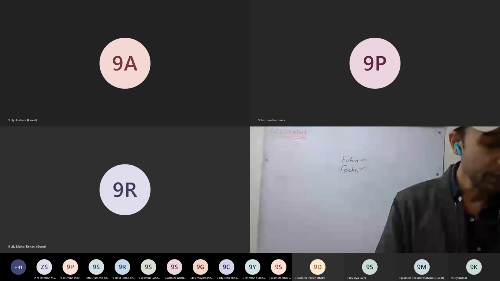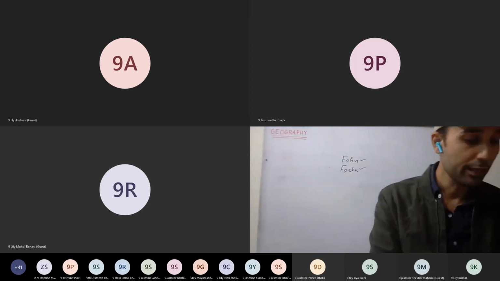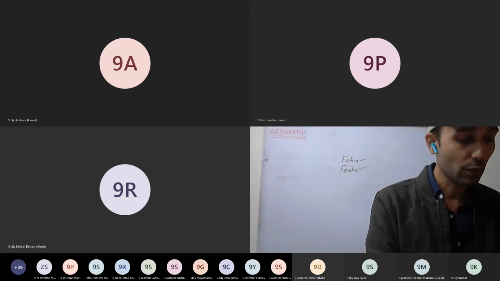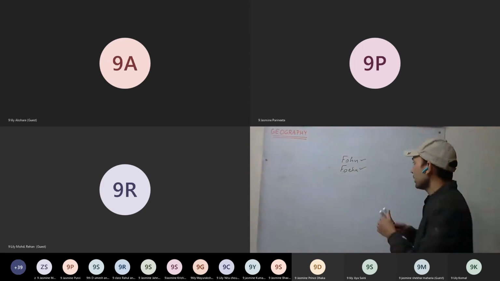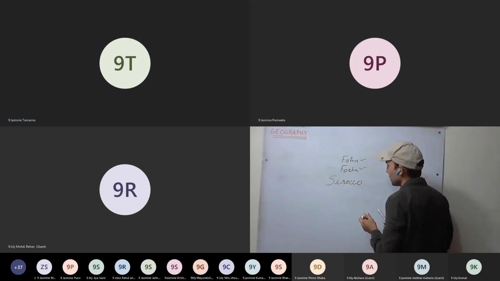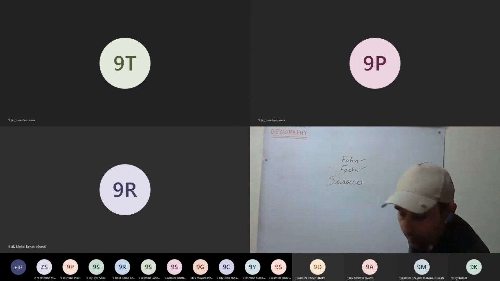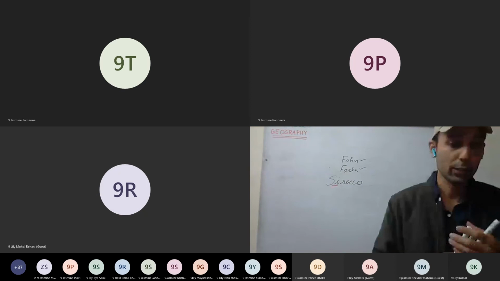In winds, the second paragraph is given. Besides these, we have local winds like the Bora, Mistral, and all those. Fohn. Then Sirocco. Sirocco is given. Sirocco is no wind; it's some corporation. So you write it as a code, S-I-R-O-C-C-O. So make the correction here. S-I, okay, it is Sirocco.